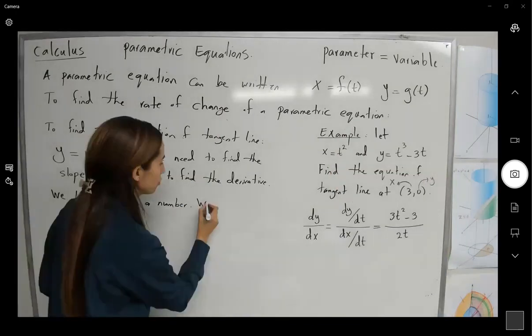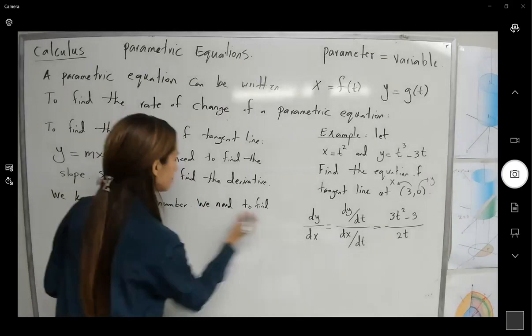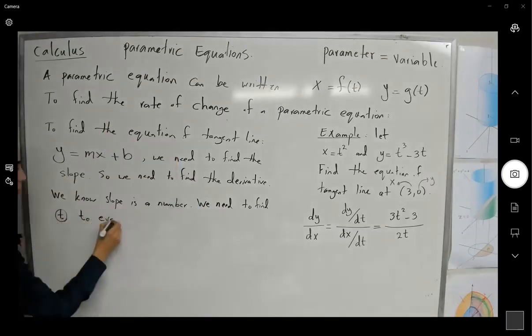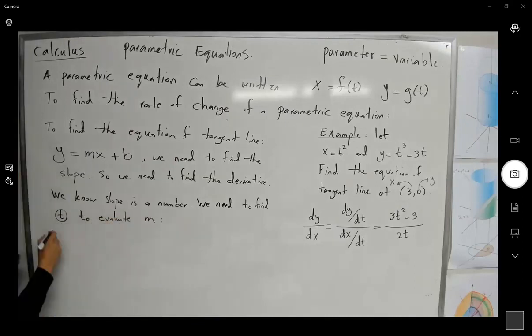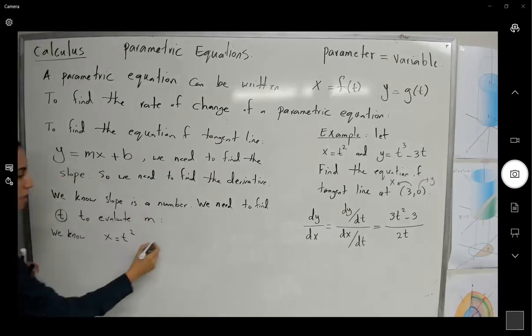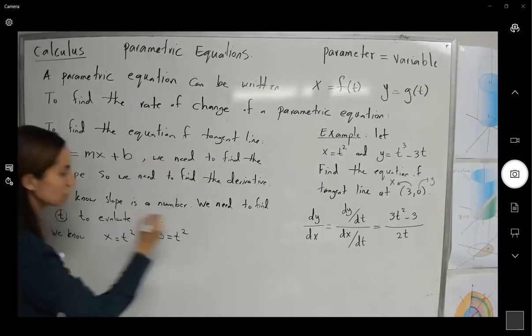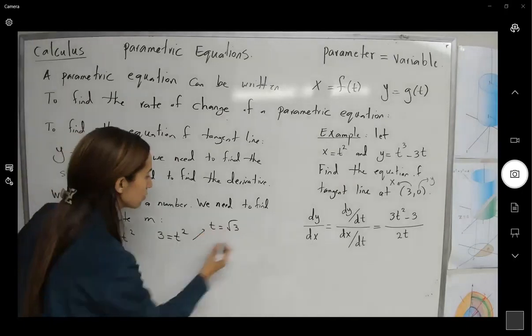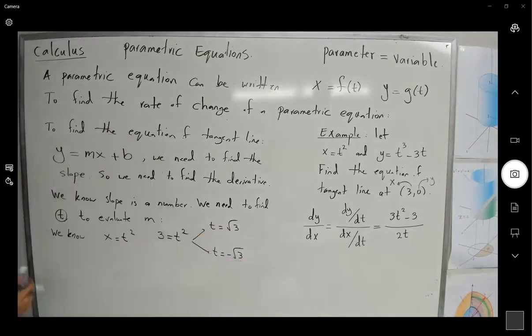We need to find t to evaluate m. We know x is t squared. X is given to us as 3. 3 is equal to t squared. So t is equal to square root of 3 and t is equal to negative square root of 3. At the same time,